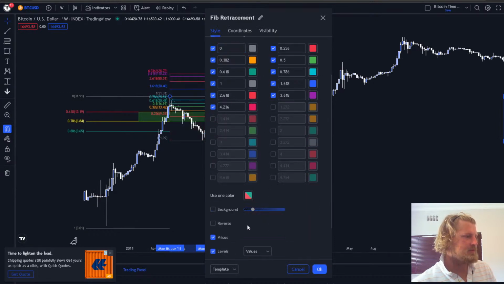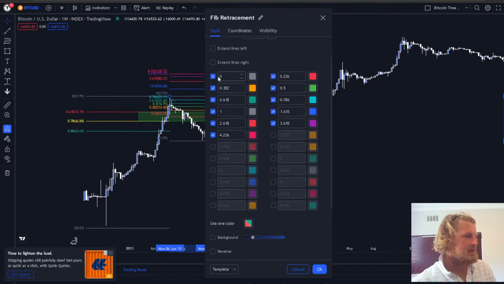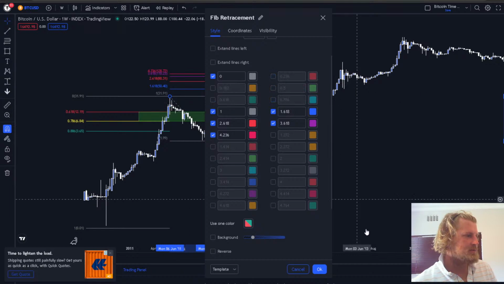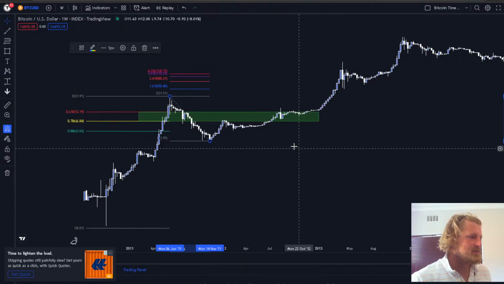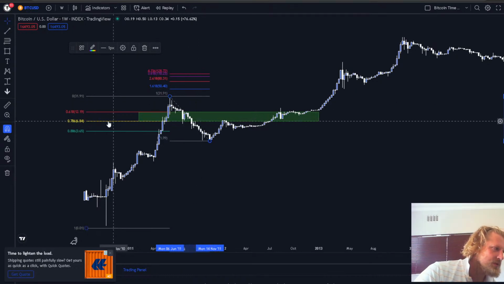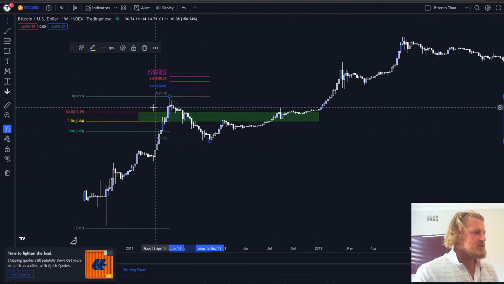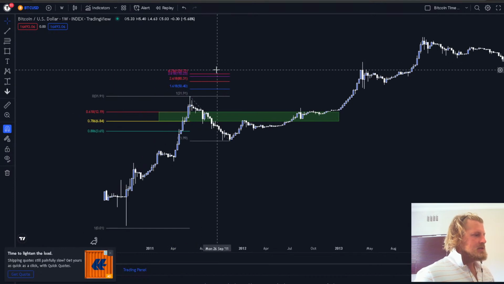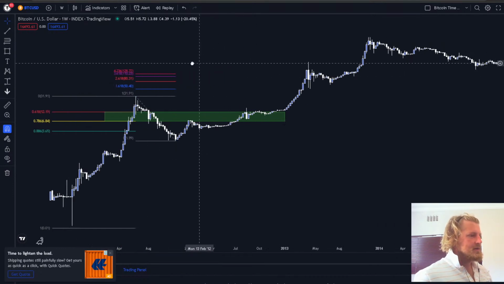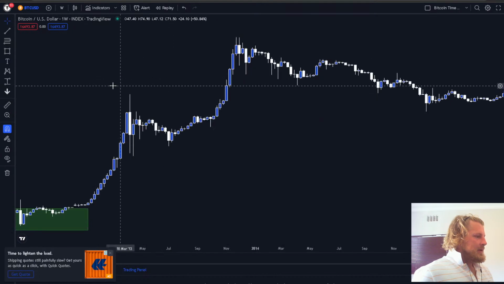I just remove the background, and when I'm doing extensions, I remove the ones with the zeros in the front away, because that is the retracements. If there's a zero in front of it, 0.618, that is the retracements that show you where to buy. The extensions show you where to sell, right? So we can see